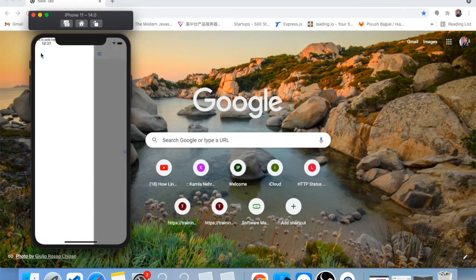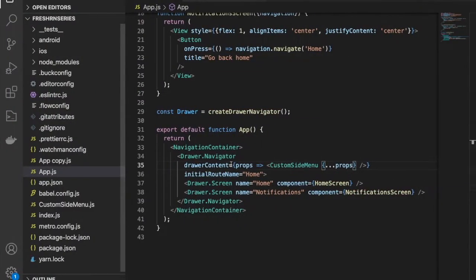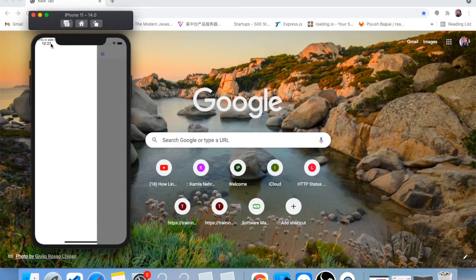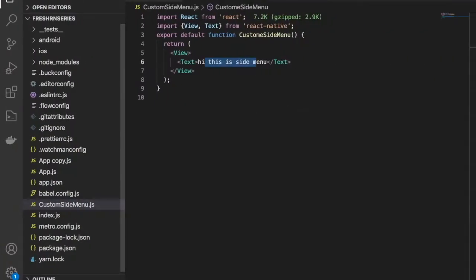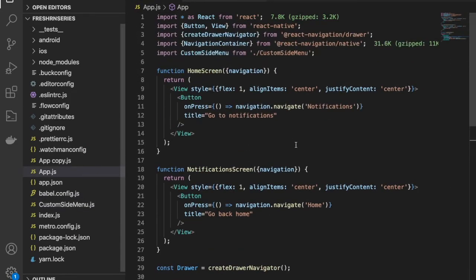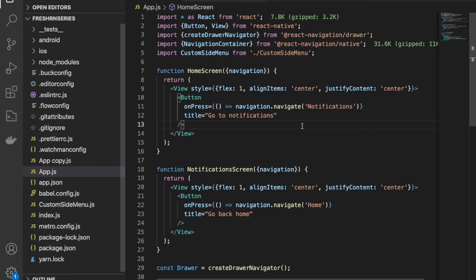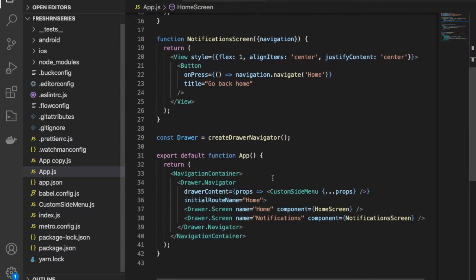Let me open this, and now you can see the default side menu is no more, and we have this custom side menu. If I take you inside this component, we have this: Hey, this is side menu. So let me summarize first. Whatever code you can see is coming from the example which I found on the React Navigation drawer official website, and I just copy pasted that code.